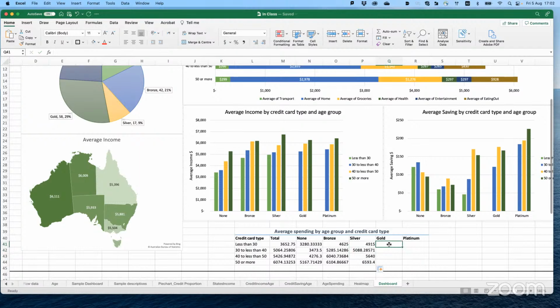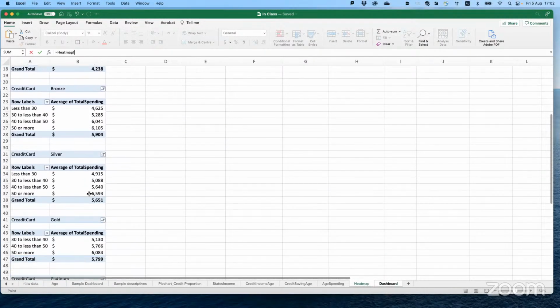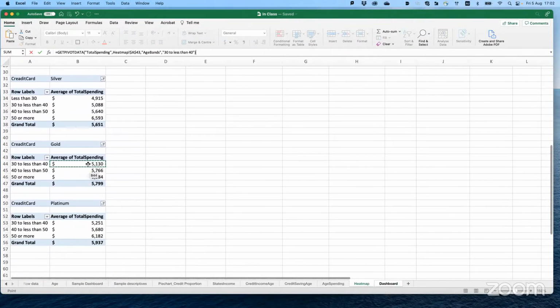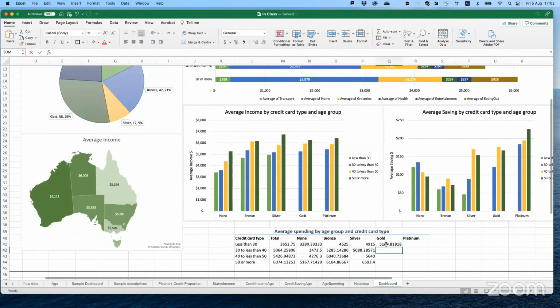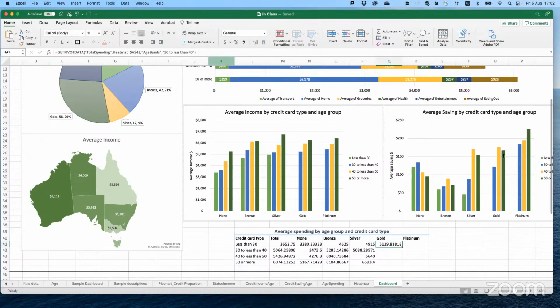I don't know any shortcuts. If you know any shortcuts, type in the chat box. I am happy to follow your lead. Error. And you got the idea.